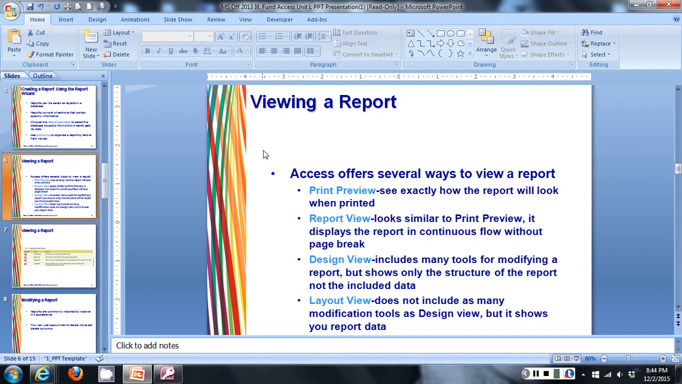Design view includes many tools for modifying the report, but shows only the structure of the report and not any included data, just like design view does for queries or tables. Same idea. It displays the structure only, no data related to it. And then the layout view does not include as many modification tools as design view, but it also shows report data. So that's kind of like a hybrid of report view and design view. That's what layout view is. It does have some modification tools, not as many, but it also shows you report data,